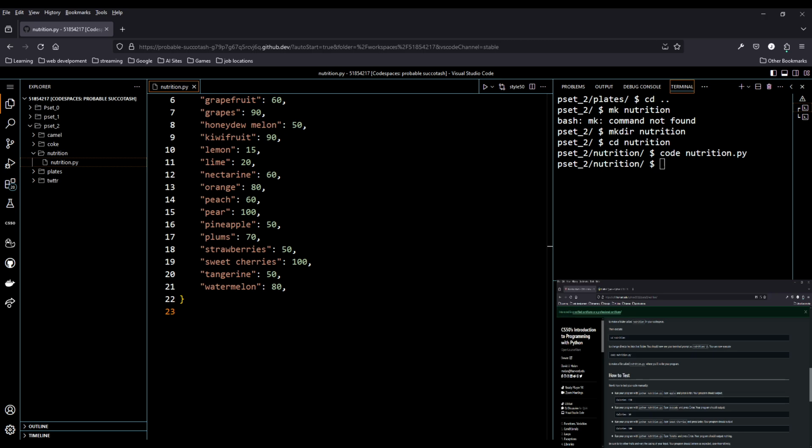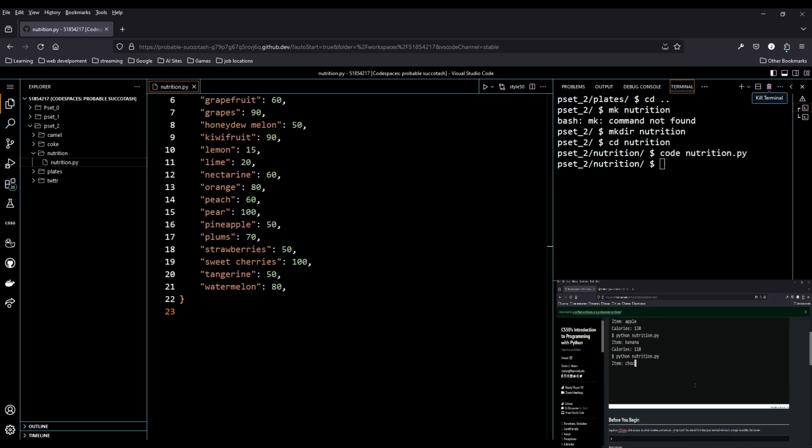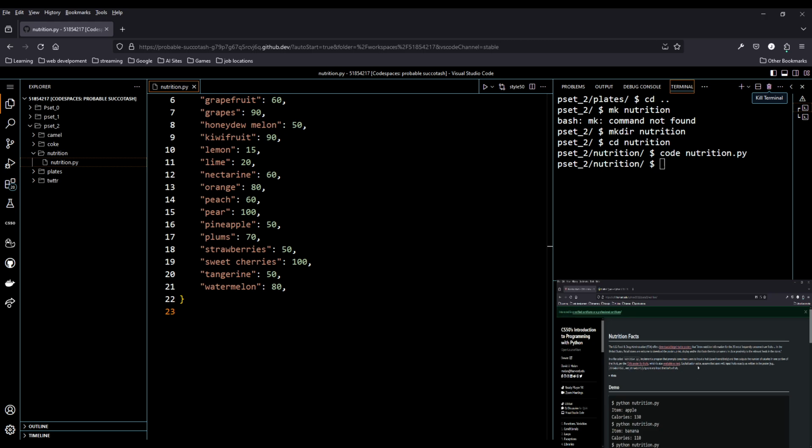And now, what do we gotta do? Whenever a user inputs a fruit, case insensitive, then output the number in calories. Okay, so we need to get a user input first. So user input is then equal to input, and what do they say? What are they? Item. Okay, and now